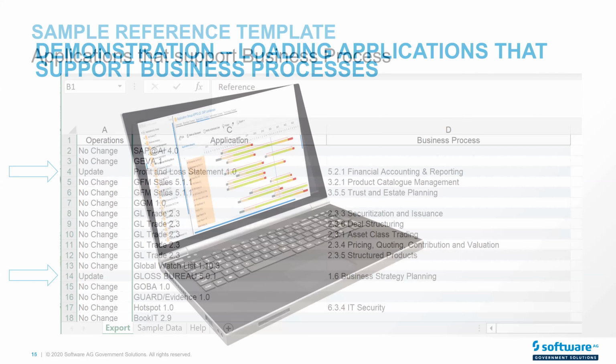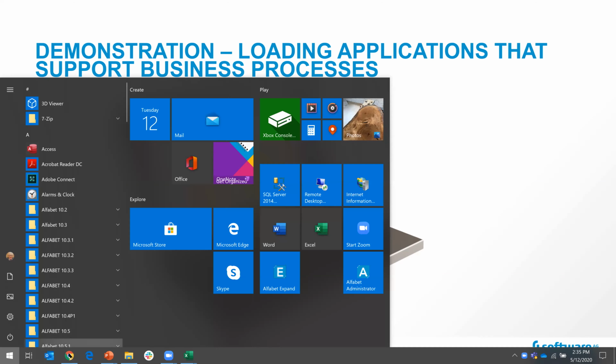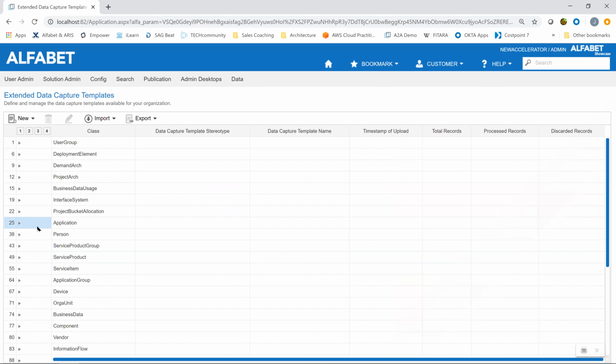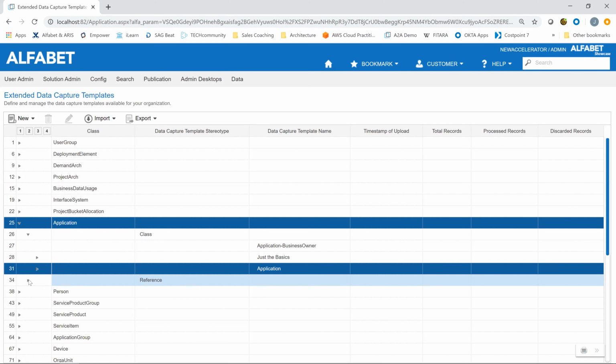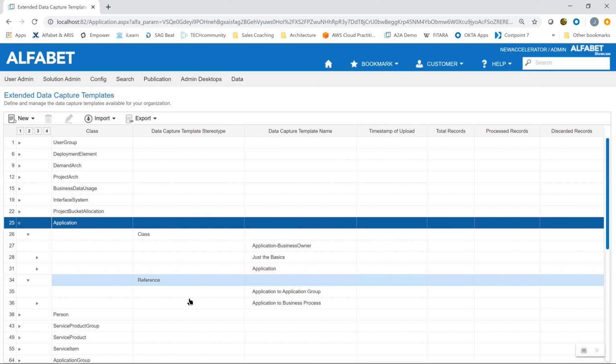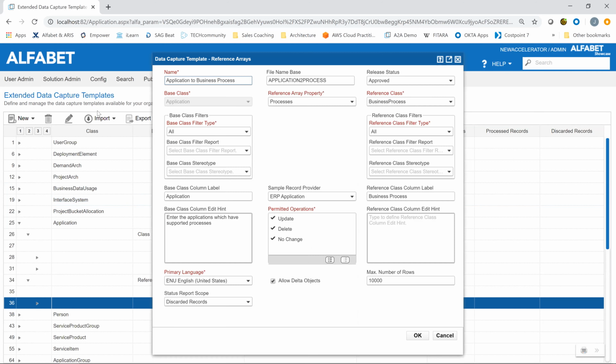And so demonstration number 2, we'll switch back over to Alphabet, and we'll go back into the tool set, and we'll look at applications. And instead of looking at a class object, we're going to look at a reference template. And we're going to look at the application to business process relationship. Now, if I were to edit this, this is what you just saw on the screenshot. We're going to have applications included in the template, as well as the list of business processes included in the template. In our template, we have 400 unique,